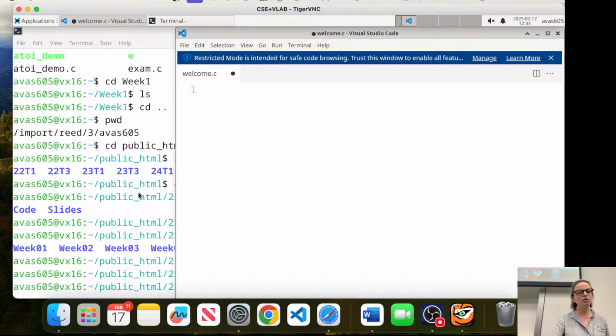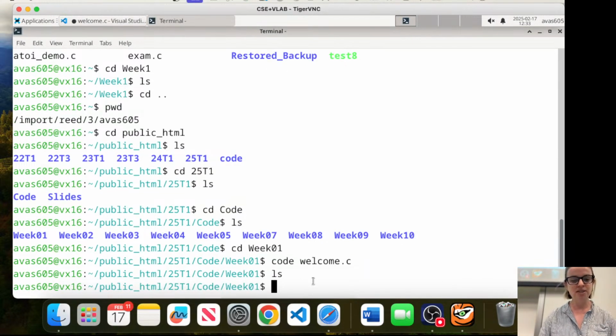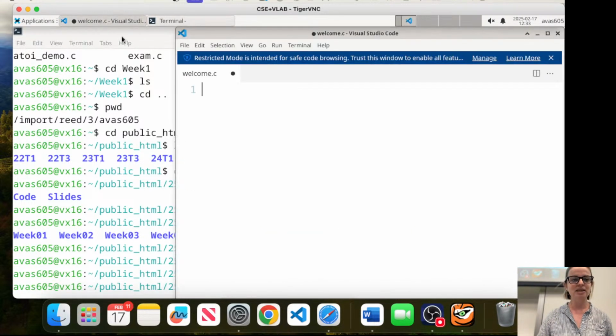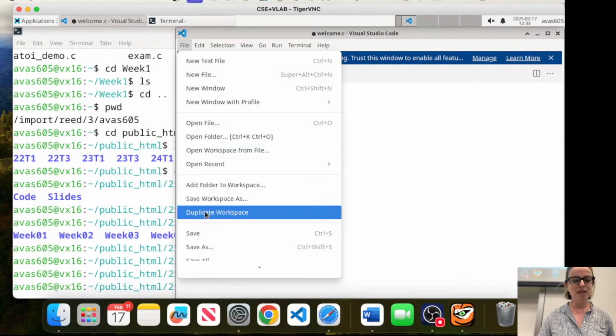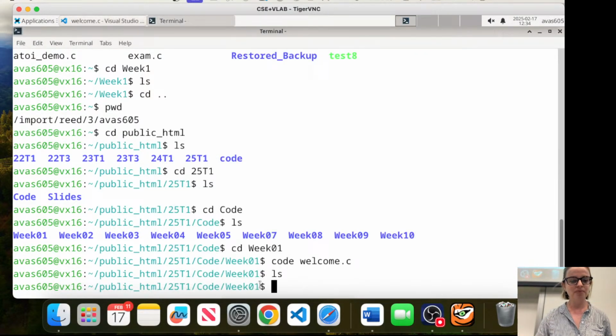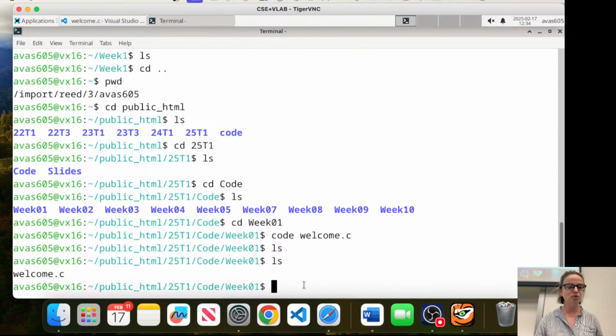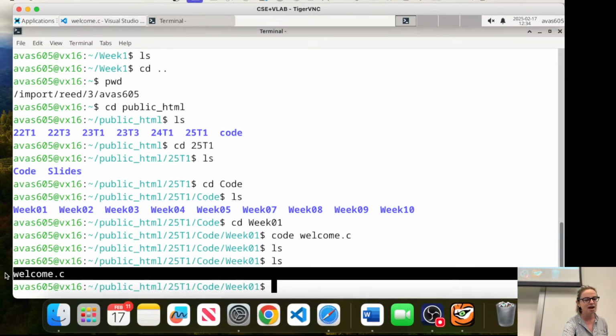If I type ls, no, because I haven't saved it. You see this dot here, this is going to be the bane of your existence. It means you haven't saved the file. Now I've saved it, and if I do ls, you'll see that the file is now in the directory of week 1.